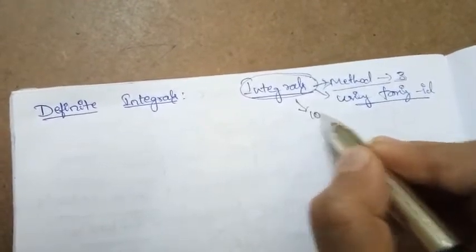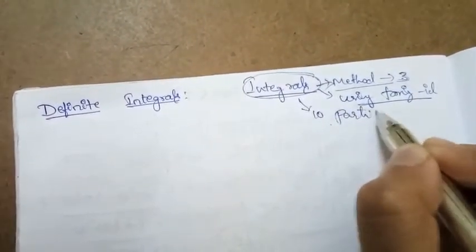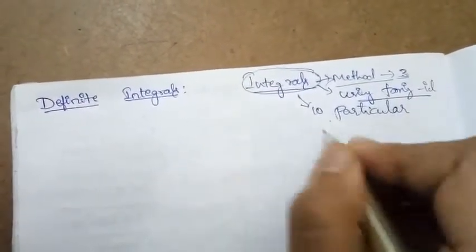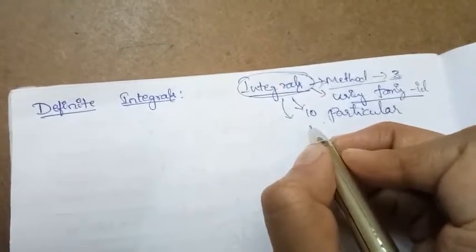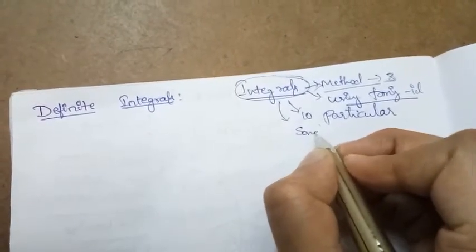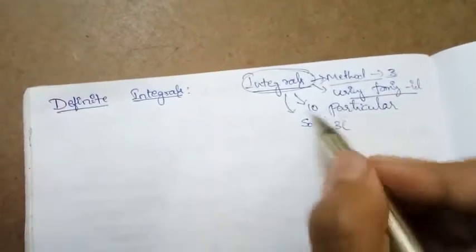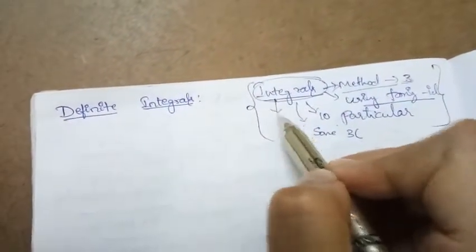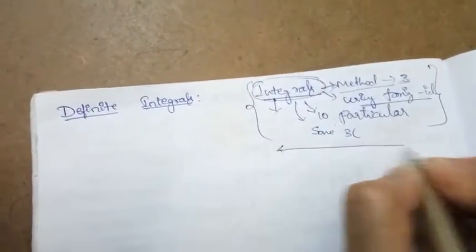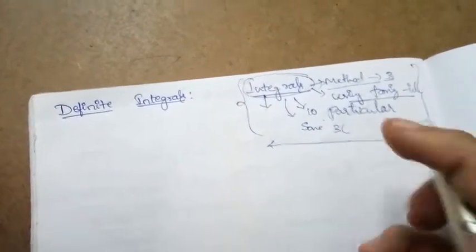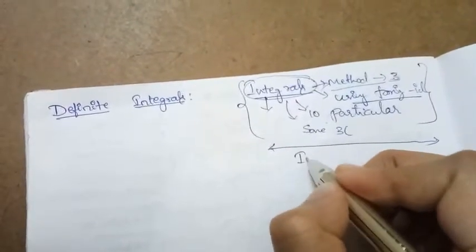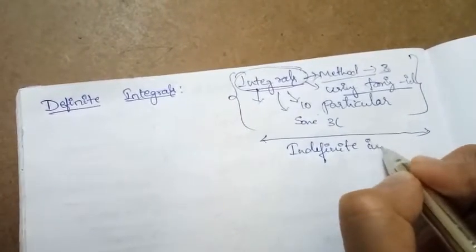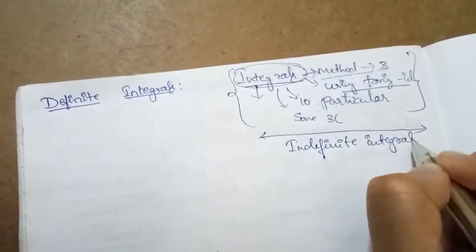Along with that, we came across 10 particular types of functions and how those types of functions can be integrated. Recently we also came across three different types of integration. So these are all the integrations we have come across till now in the chapter integrals. All the topics we have covered till now are indefinite integrals.